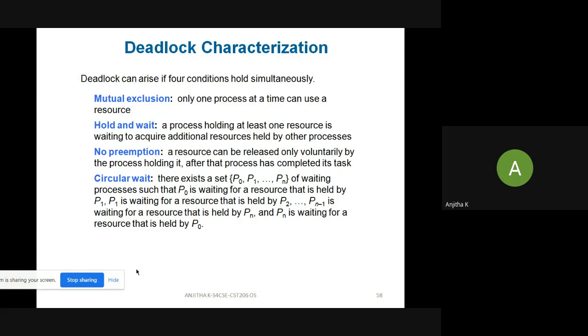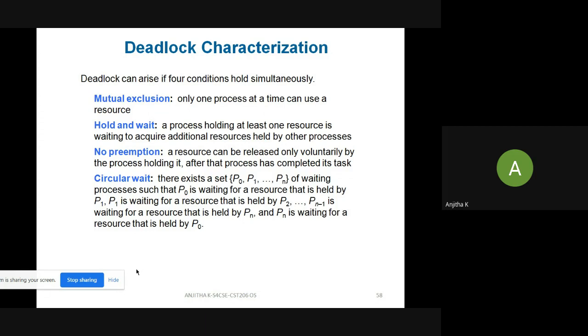Okay, no preemption. So that is another condition for deadlock. Okay, a resource will be released only after the completion of the task. Okay, that is no preemption. Then circular wait. What is circular wait? Waiting in circular fashion. That is, if there are n number of processes in a system, P0 to Pn,